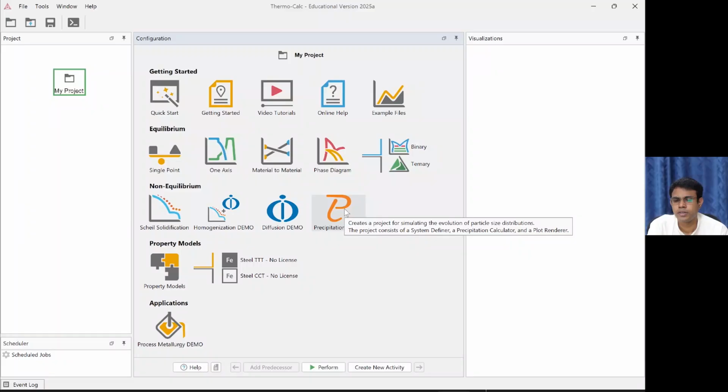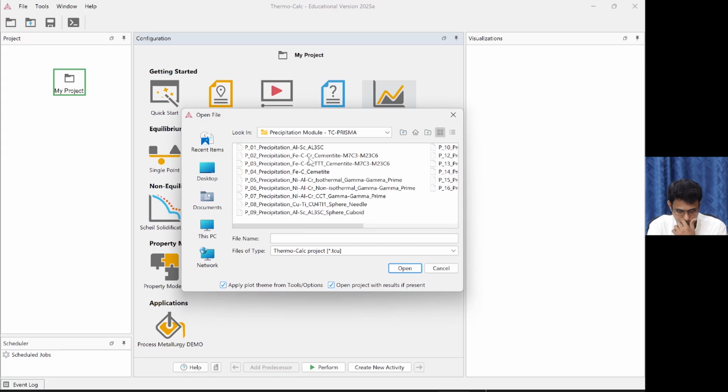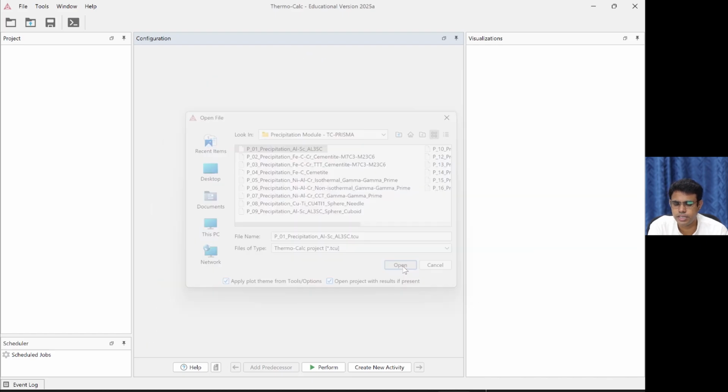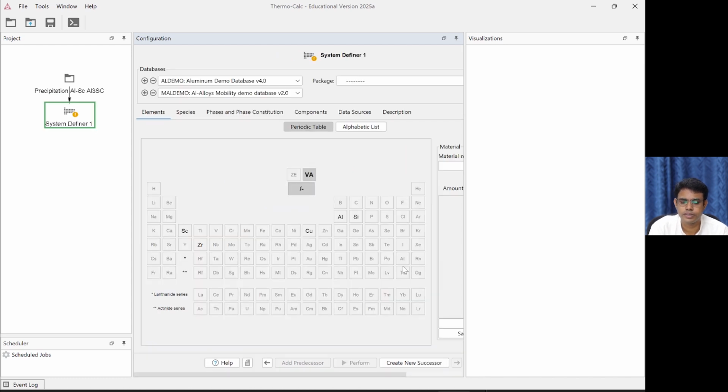Let's do that. So I'm going to go to the example files. Precipitation Module TC-Prisma, and P01 Al-Sc Al3Sc precipitation. This is the one, that is precipitation aging basically. I open that, wait for a few seconds.